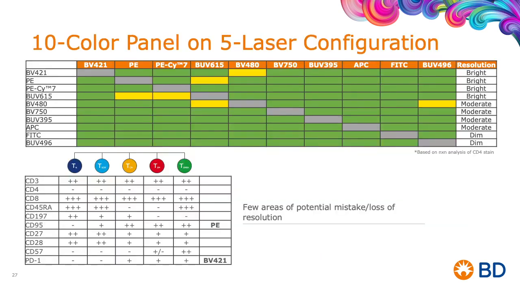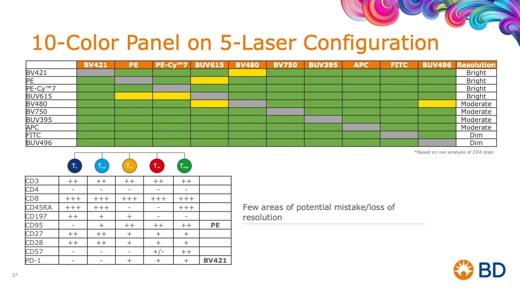So now when we redesign the same exact 10-color panel on the same exact instrument, the same configuration, the same instrument, but now we are taking into consideration the spillover and spread before designing the panel. And we can use a similar approach. So we still start from our more critical markers. So we use PE and BV421 as very bright dyes that can ensure resolution of our critical markers, CD95 and